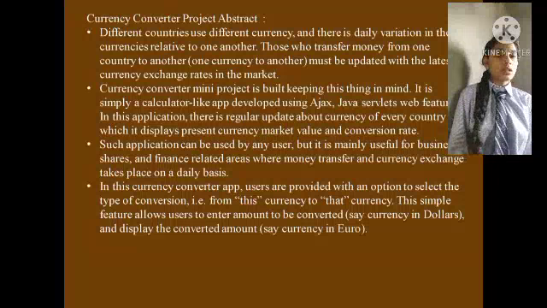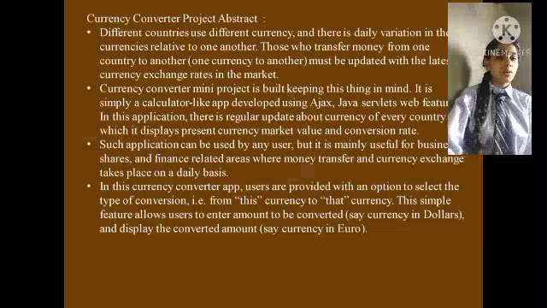In this currency app, users are provided with an option to select the type of conversion, that is, from this currency to that currency. These simple features allow users to enter the amount to be converted and display the converted amount.